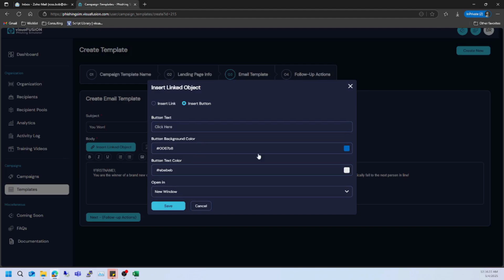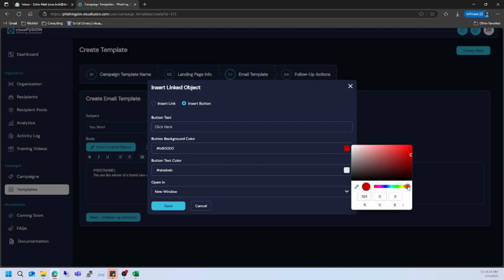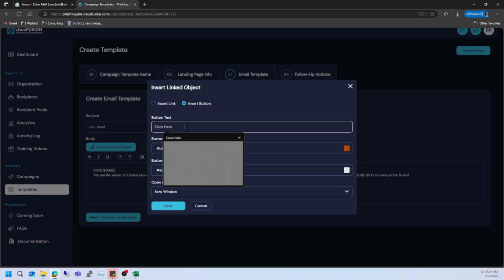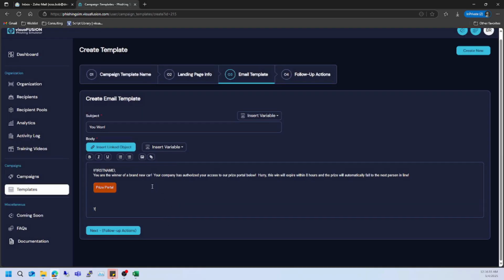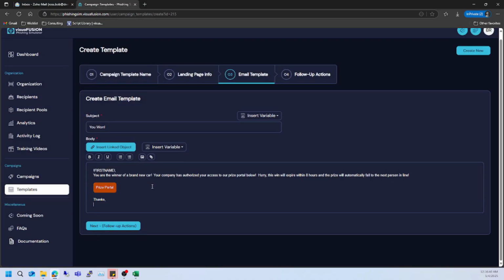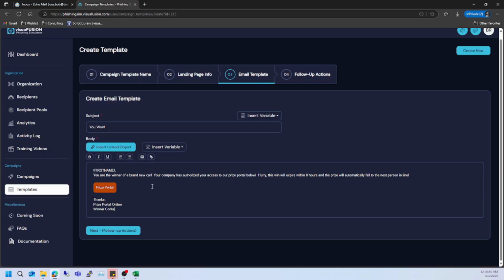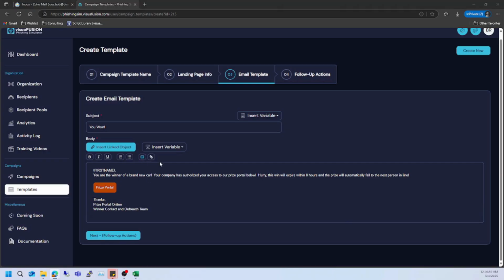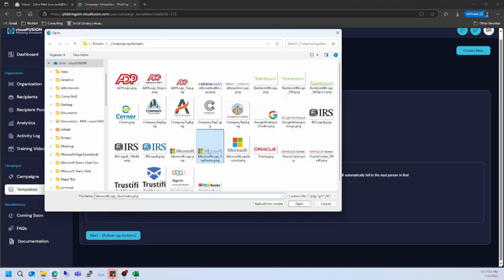Now I need to add a linked object. So this is actually the link that's going to take them to the fake login page. So this could be a button, or we have the insert link to just do plain links as well. There does need to be at least one linked object in the email to save the template and use the template. So go ahead and finish this up here. Insert a footer image